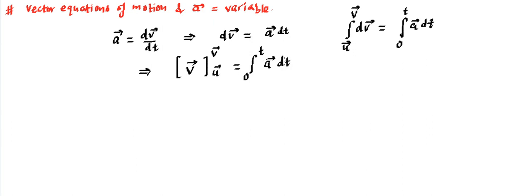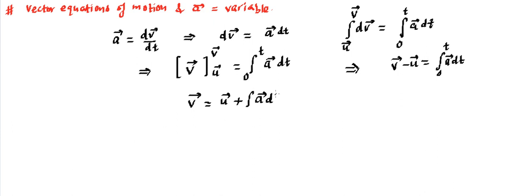That's all. So from here the left hand side can be simplified as v vector minus u vector. So ultimately we got that equation v vector minus u vector is equal to integration a vector dt. This is the most general form of the equation. That means finally we can remember this as our ultimate equation: v vector is equal to u vector plus integration a vector dt, and that runs from 0 to t. Now this is the equation that encompasses or includes all the equations that we have talked about related to this v and a stuff.